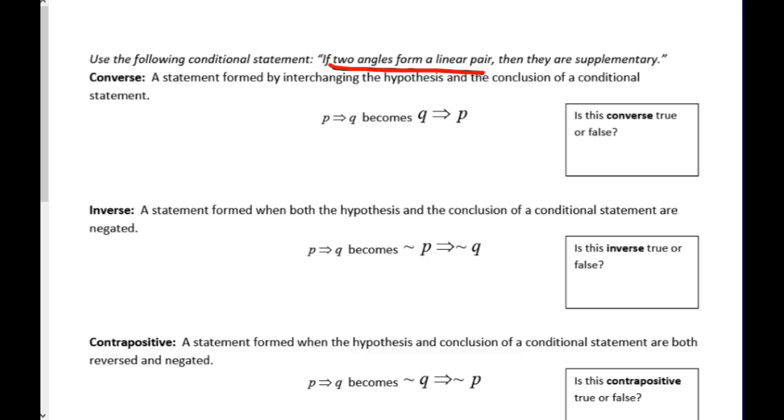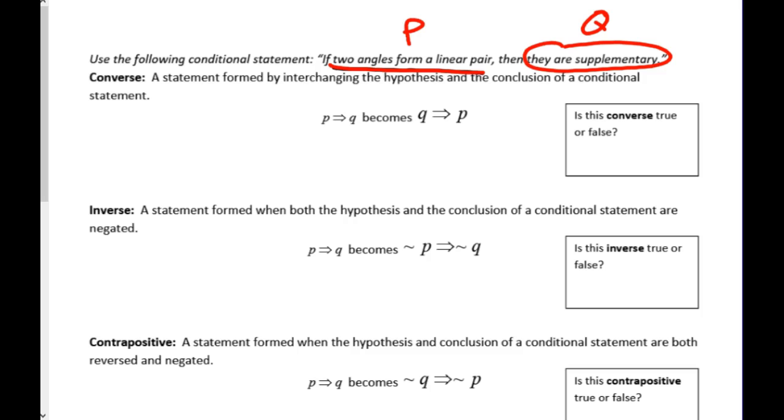My statement is at the top here, from the last page. It says, if two angles form a linear pair, that's the hypothesis, underline that. Then, what do I do with this part? Circle, then they are supplementary. That's my cue. Okay, so at the very top, everyone's underlining the hypothesis and circling the conclusion of P and Q. And now we're going to rewrite this sentence as a converse. What do I do with P and Q again? Switch it, like I'm tying some shoes.